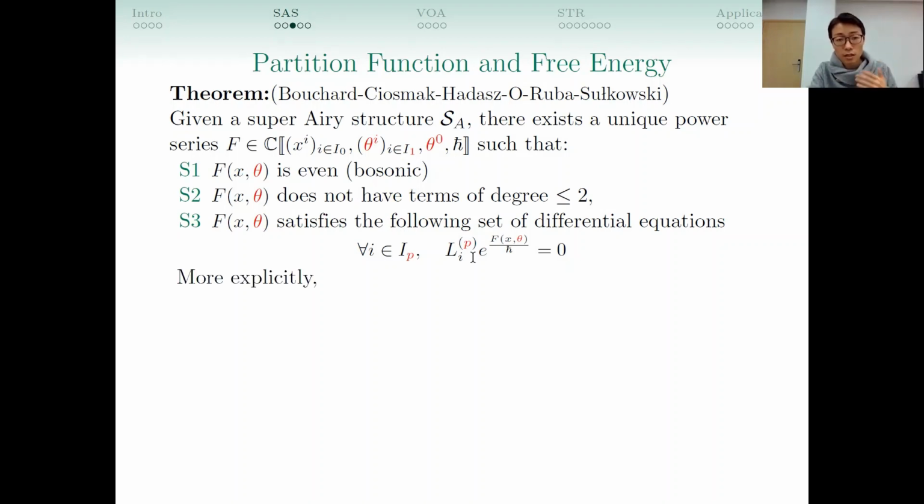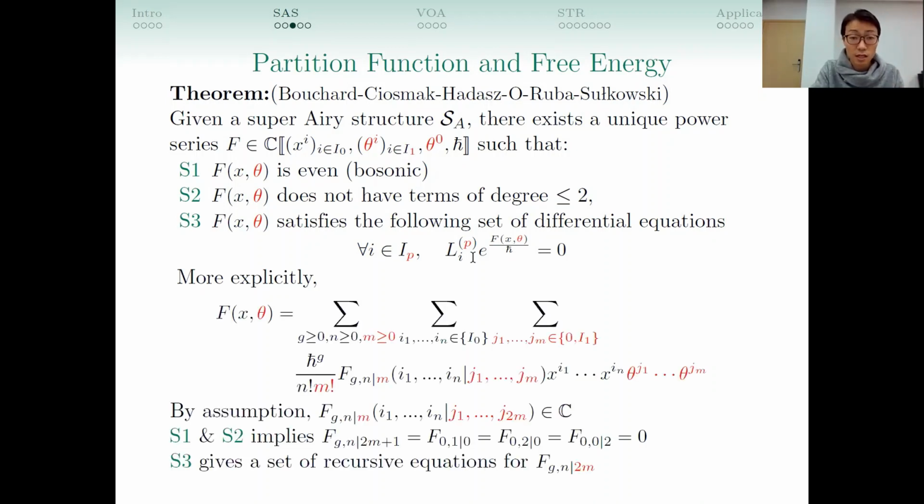Okay, so now let me make it a little more explicit what this theorem is saying. By assumption, having a power series means that you can just have this expansion with some coefficients F_{g,n}/n!. And then this coefficient has to be a complex number. It's just a definition. Now, the condition S1 and S2 means that, for example, this free energy can have only